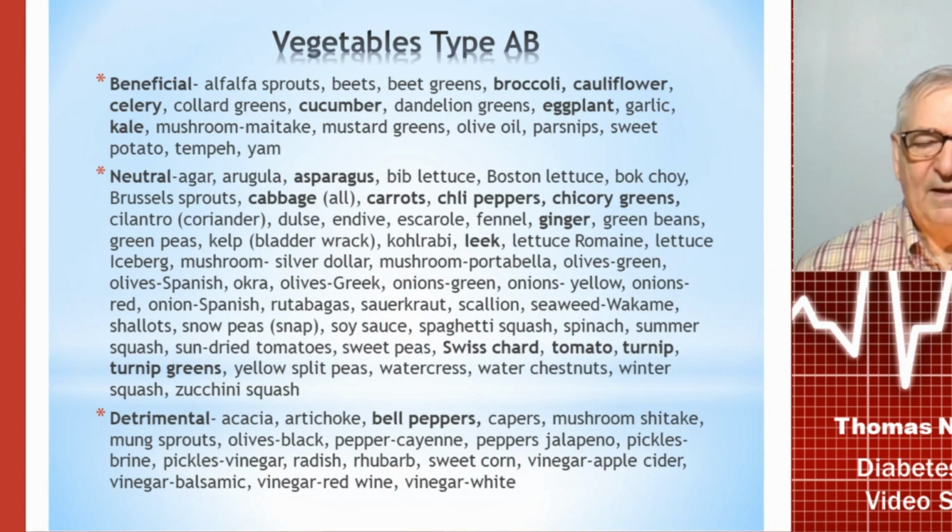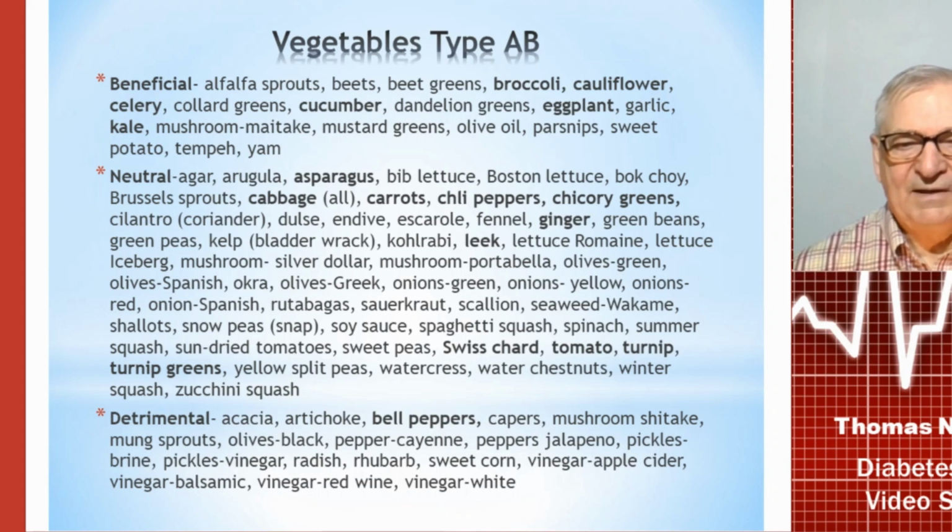So now you're going to see in the next few video slides that there's a listing of foods by different categories. I encourage you, note that there's beneficial listed on the top, foods that are beneficial to type ABs. Then there's neutral in the center. You can eat as many of those as you like. There's no good or bad about them. And then there's detrimental. You should make a list of the detrimental ones and take them completely out of your diet. These slides are only going to be up for a few seconds each, so I encourage you to stop the video in order to take notes.